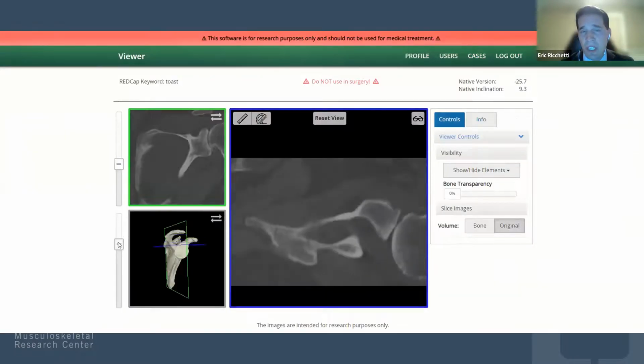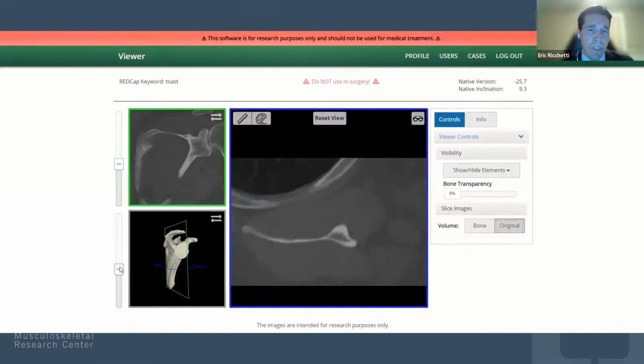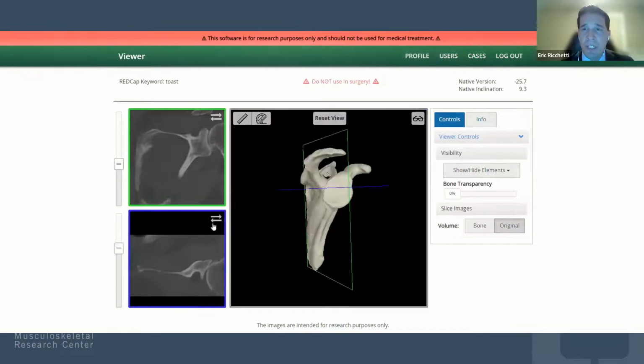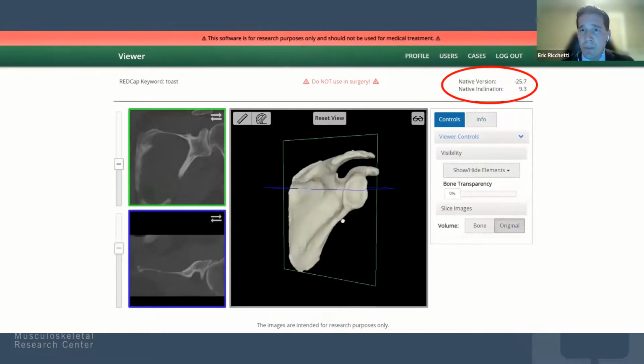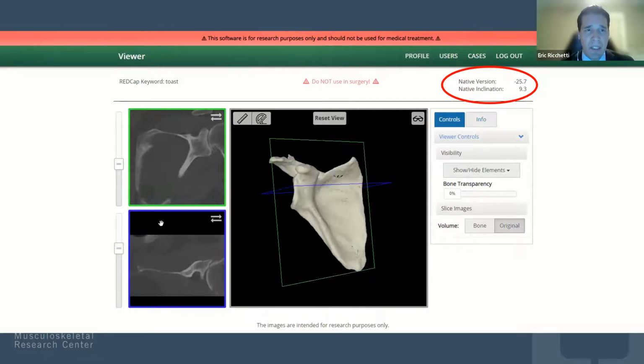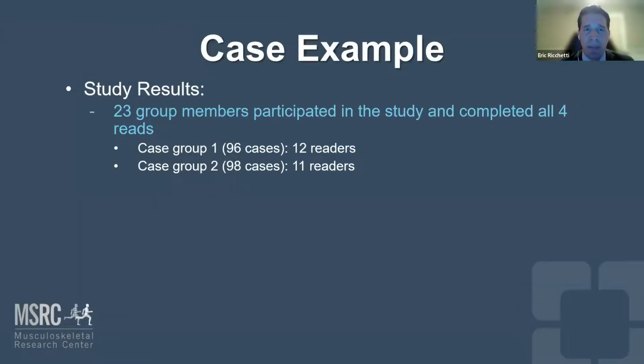And you can see a live video of how this web portal worked that allowed us to all access these 3D CAT scans to look at the CAT scans in both 2D and 3D and see what the pathologic measurements were with regards to version and inclination. And I'm not going to get into the details of the data that much, but just to briefly highlight this,